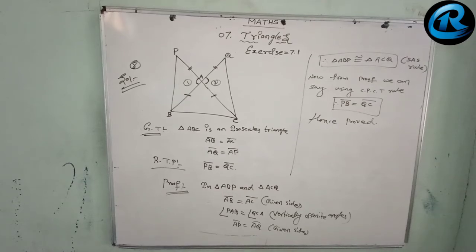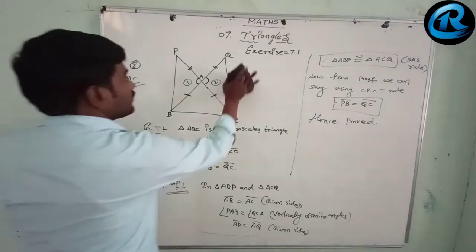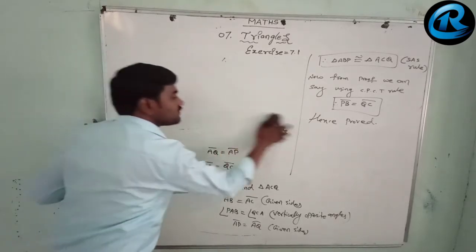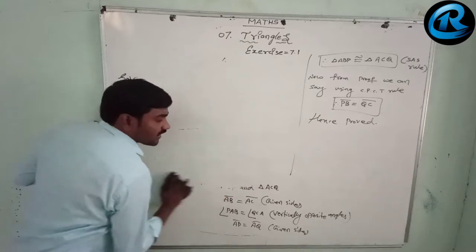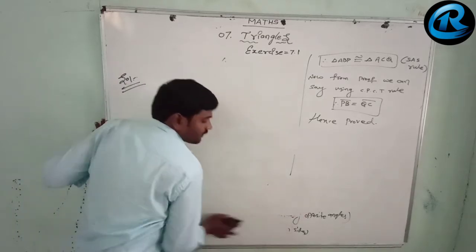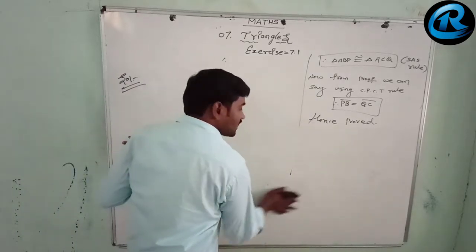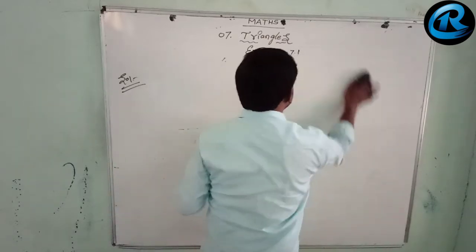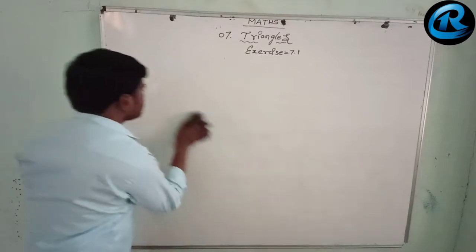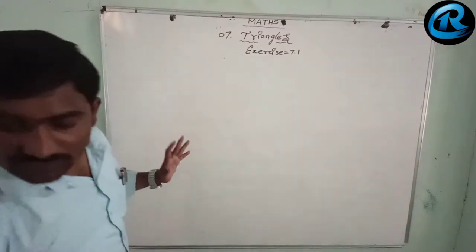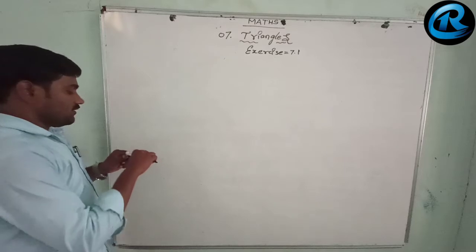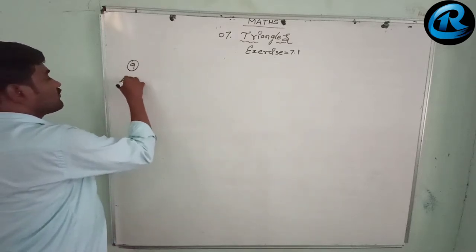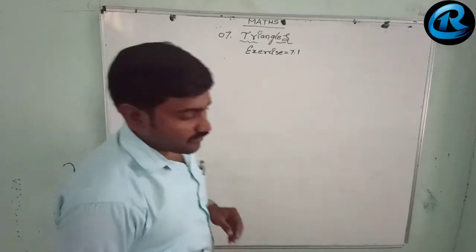So practice properly so that you can also do it the same way. The only thing is which triangles we have to choose to prove the asked question. What they asked, which triangles we have to take, and how we can prove it. There may be various methods. You can use any method, not only what I am teaching here. Whatever criteria are satisfied, you can take that and prove it. Now we go on.